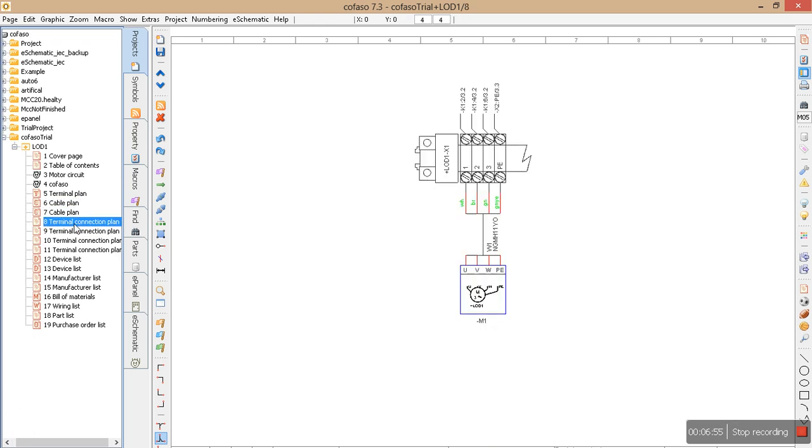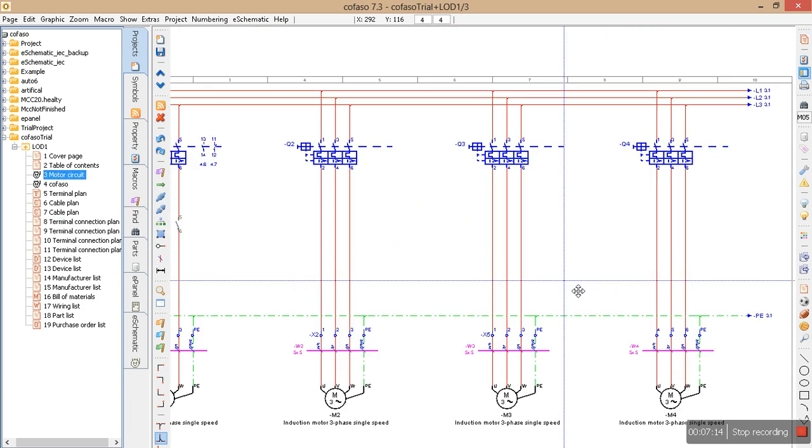So this is also cable plan. So this is terminal connection plan. Terminal connection plan is actually very important in our processes. I can say, for example, especially for the machine manufacturers, this plan is very important, because this is the same plan as this one here,